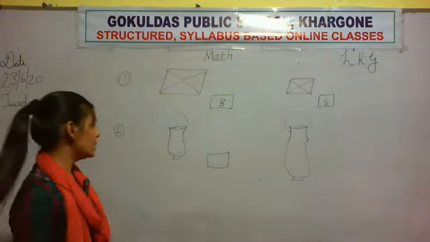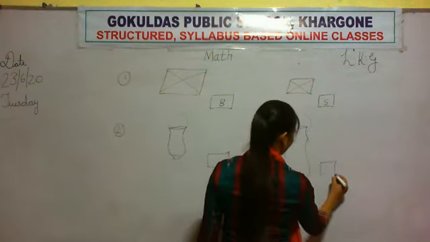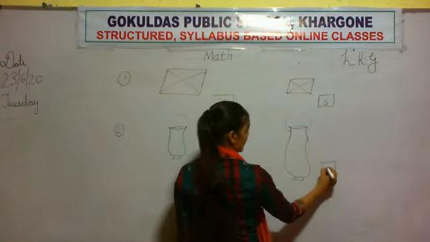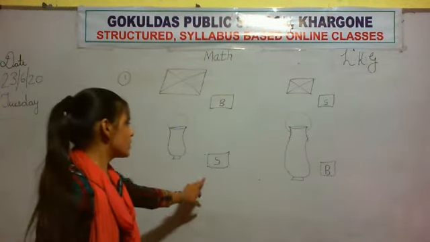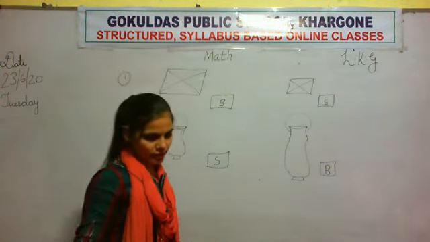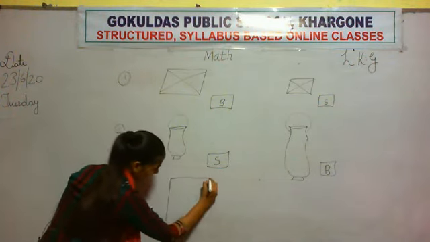Okay, so tell me which one is big and which one is small. You write here S stands for small and B stands for big. Small, big. Okay, now you make here a big one